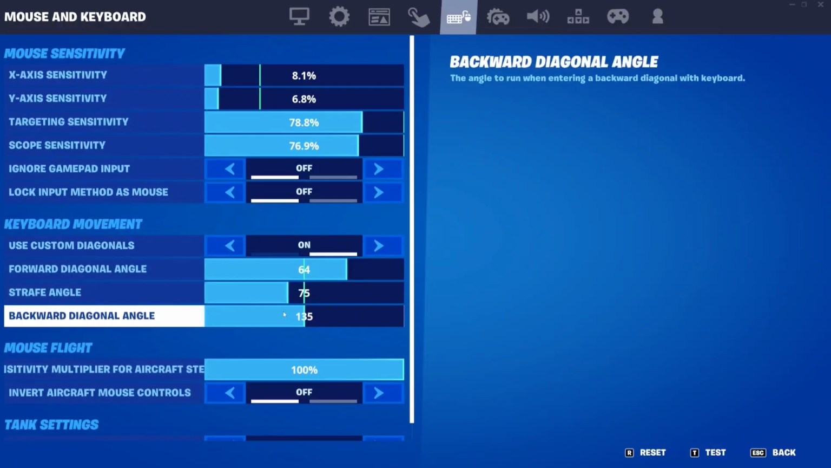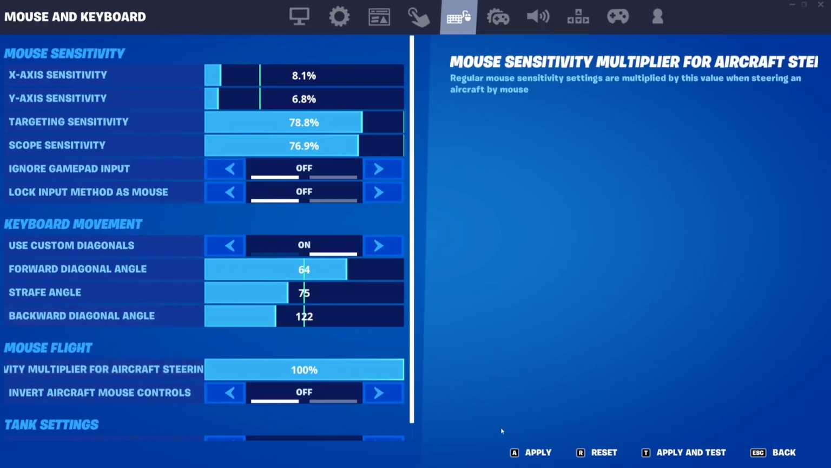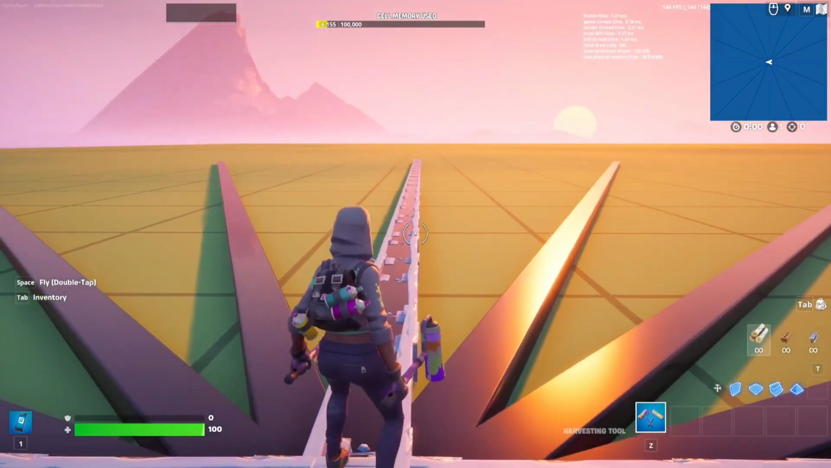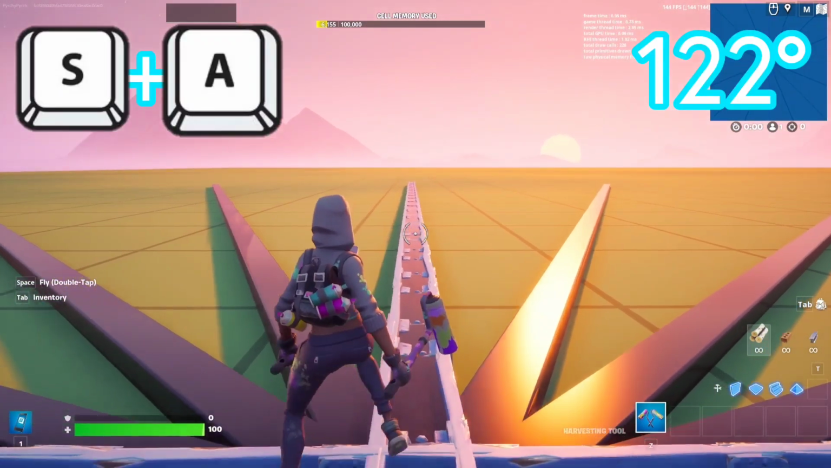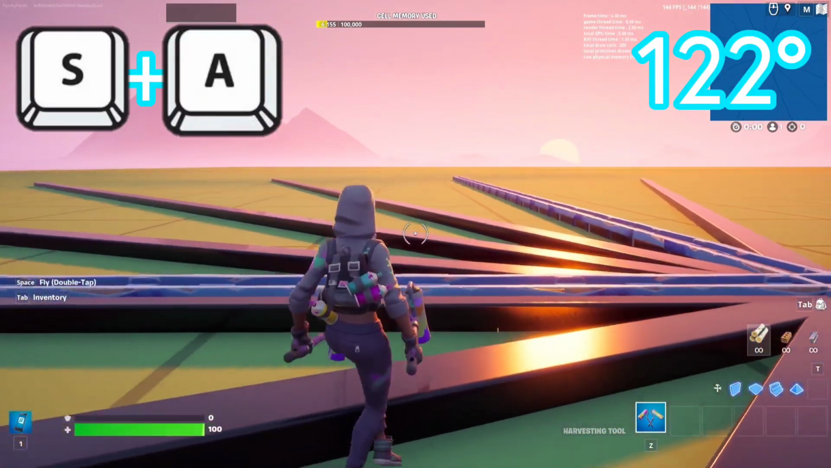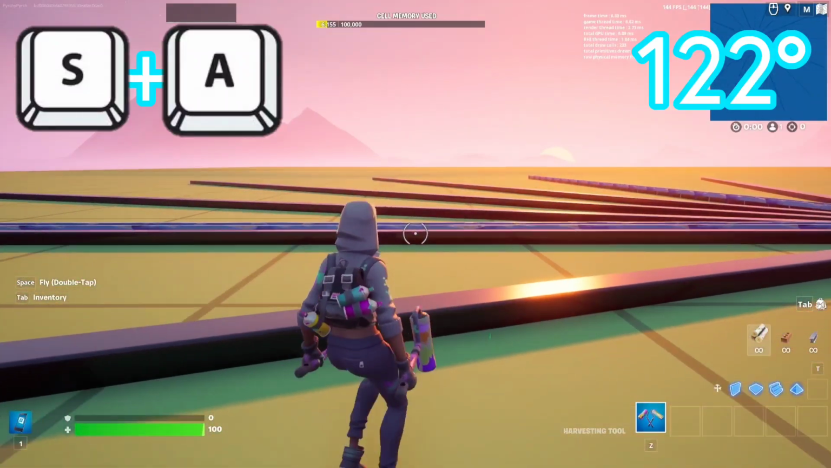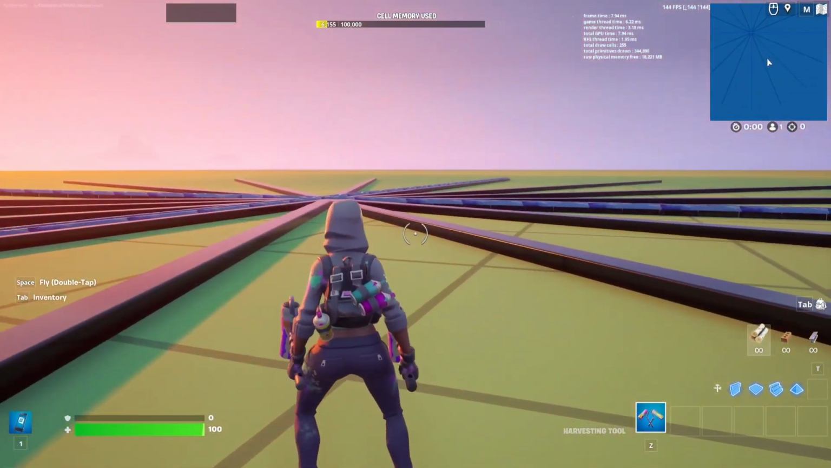So the next thing that we're going to want to check out is this backward diagonal angle, which is the exact same as forward, except we're going backwards now, which I'm just going to set mine to about 122. I think this is going to work the best. And if I hold down A and S, there. I'm going sideways more than if I was going backwards, which is usually what I want to do, because